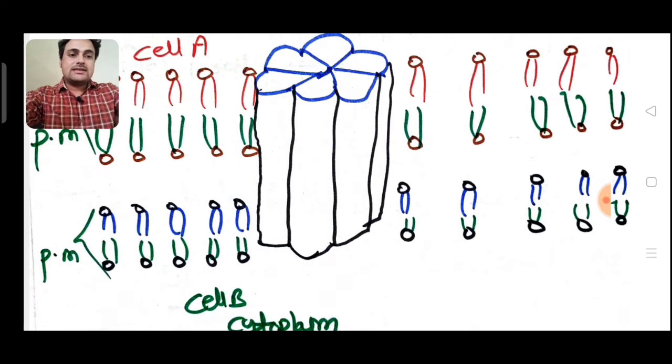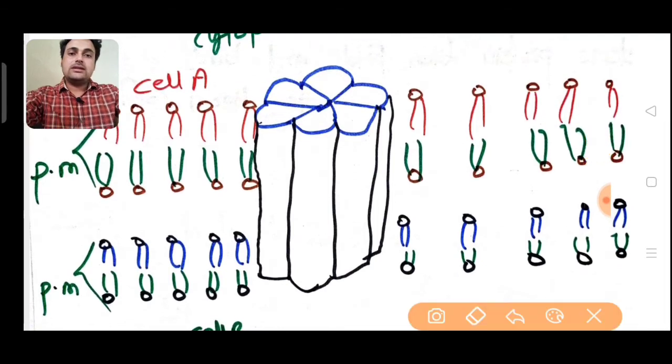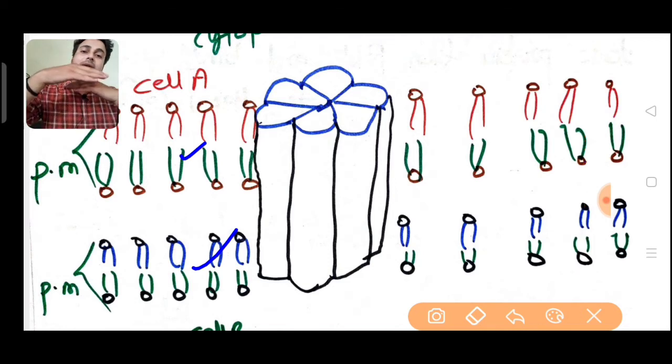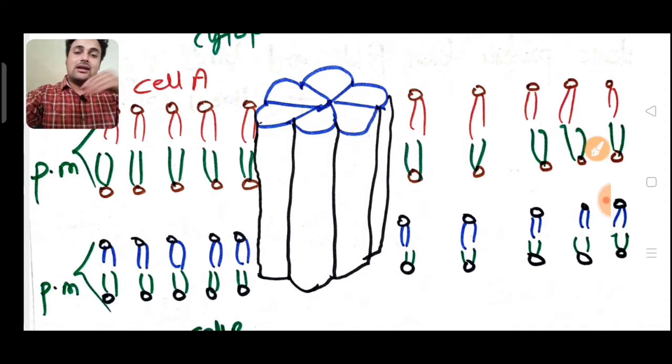Okay, so this is the gap junction, and you can see here the double lipid membrane layer of the plasma membrane of cell A, then the double lipid membrane of cell B. In the middle, connecting the cytoplasm, the gap junction will be there. As you can see, it is made up of 6 transmembrane proteins, and these proteins are called connexin. This is interlinking the cytoplasm of cell A to the cytoplasm of cell B.